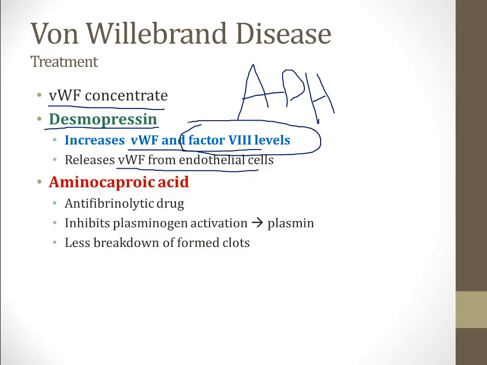And then another drug that can be used in von Willebrand disease is called aminocaproic acid. This is an antifibrinolytic drug. It inhibits plasminogen activation to plasmin, and plasmin, as you may know, breaks down fibrin clots. So if you administer this drug, there is less breakdown of whatever clots can form, and therefore whatever von Willebrand factor is available in the plasma can be more effective because the clots that it leads to do not get